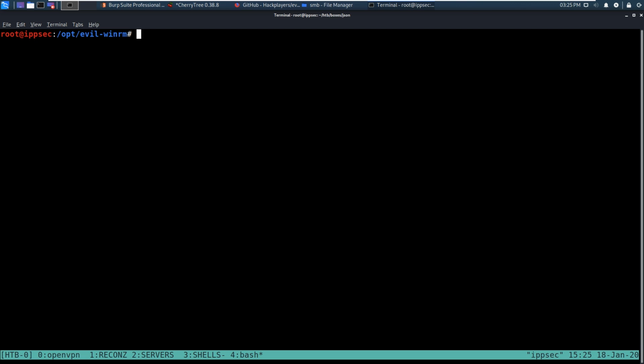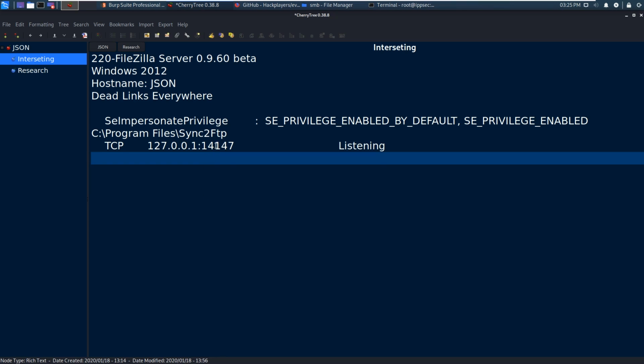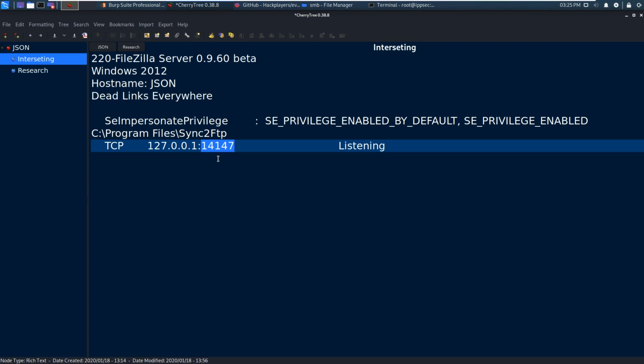The first one was just getting this password, then FTPing in and downloading root.txt. And at that point, you're done. But you didn't get a shell in the box, and not getting a shell isn't satisfying. So if we remember going back to the notes, we do have this one weird port, 14147, and let's forward that over to our